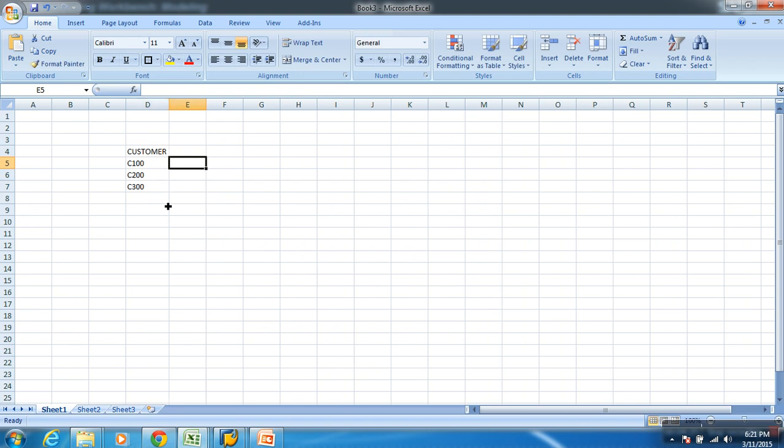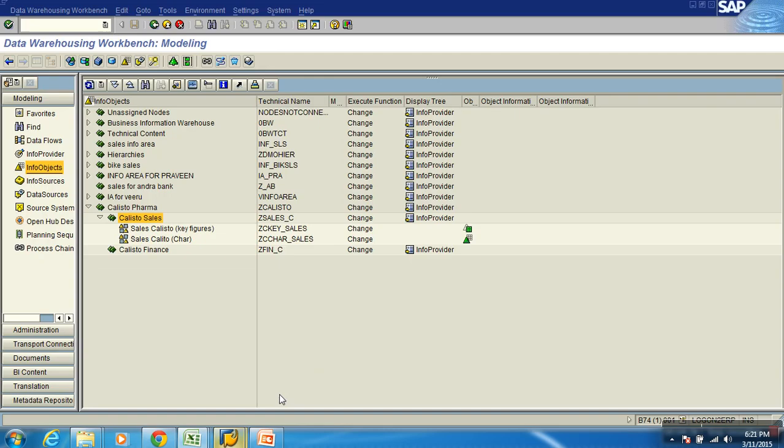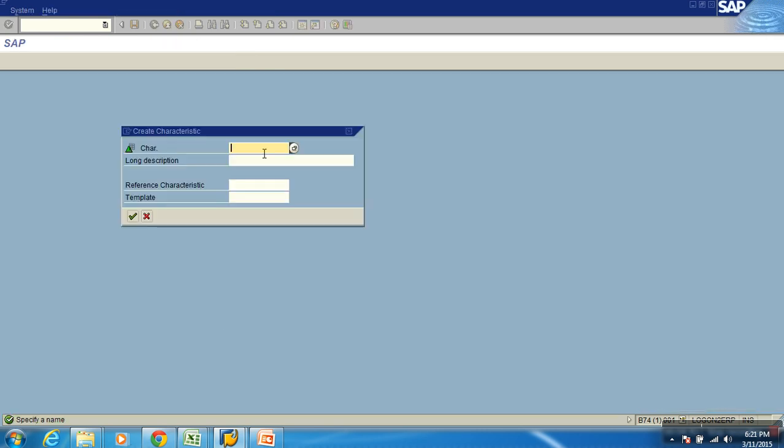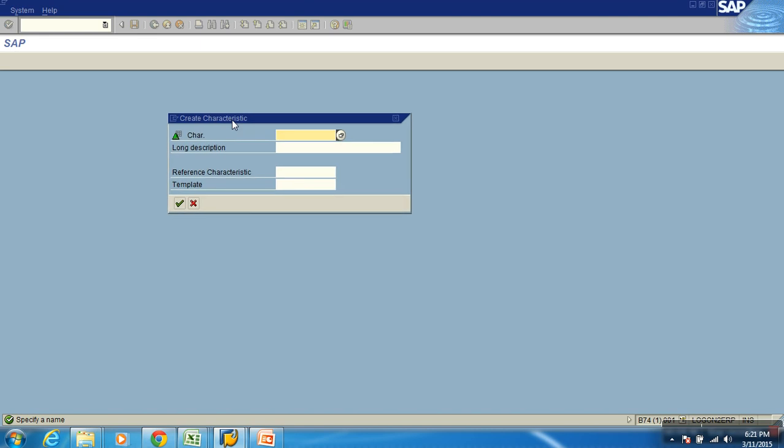So this is the info object I want. When I say info object, it's a column of a structure. So I want an info object like customer which can hold values like this. So how do you create this? You get into what? Characteristic catalog. Right click on this and say what? Create info object. It brings up a dialog box where it says what?